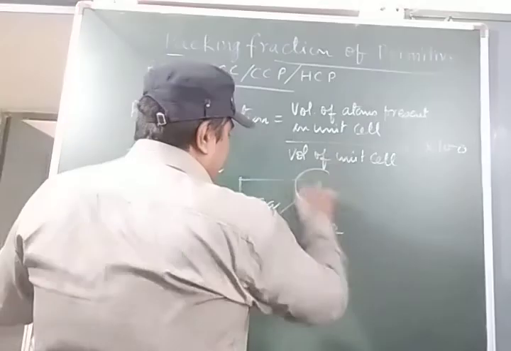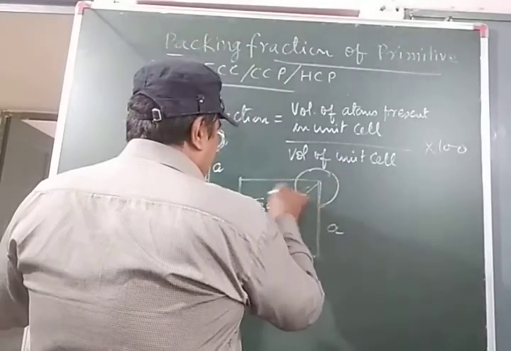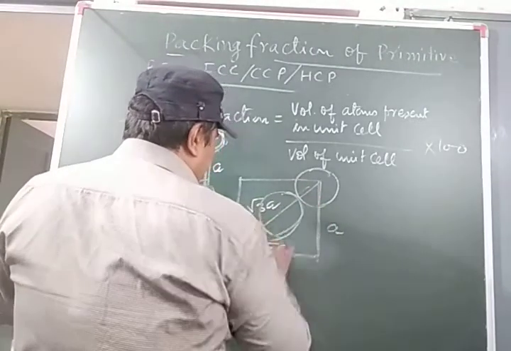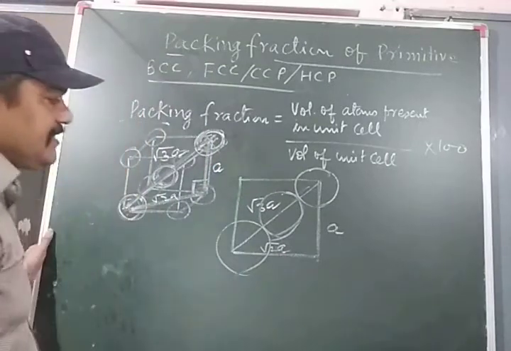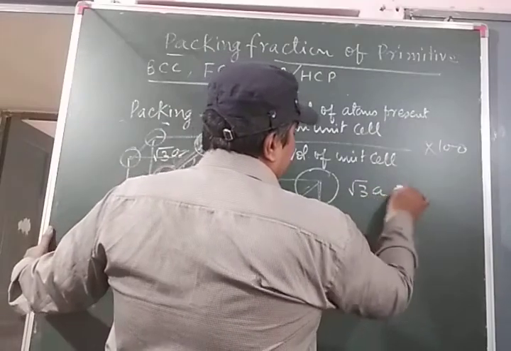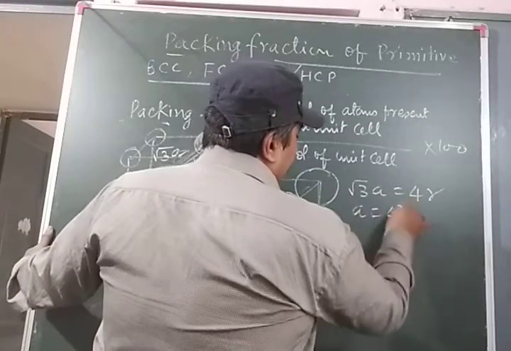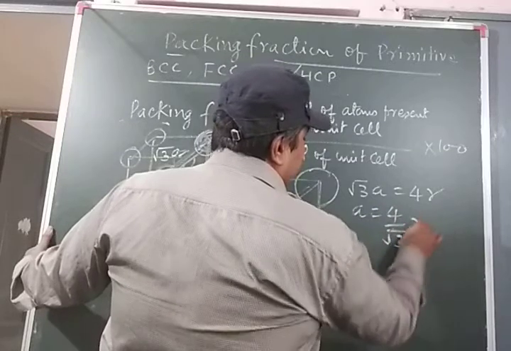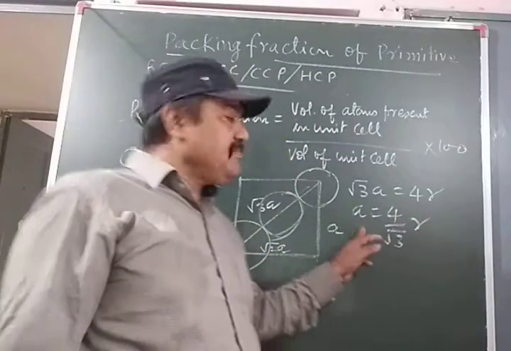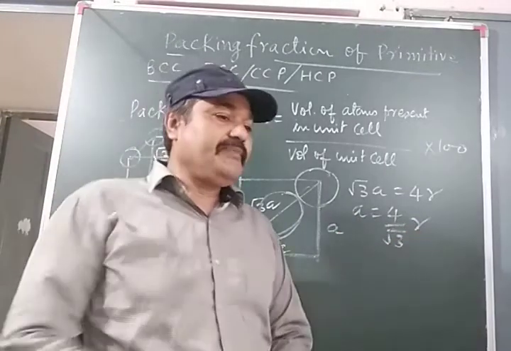और यहाँ एटम्स की पोजीशन ये है, ये एटम कॉर्नर पर है, ठीक है ना, ये एटम बॉडी सेंटर पर है और ये एटम इस कॉर्नर पर है, ठीक है ना। तो हम कह सकते हैं √3a = 4r या a = 4/√3 r. So we will use this relationship in between the edge length and the radius of the sphere.